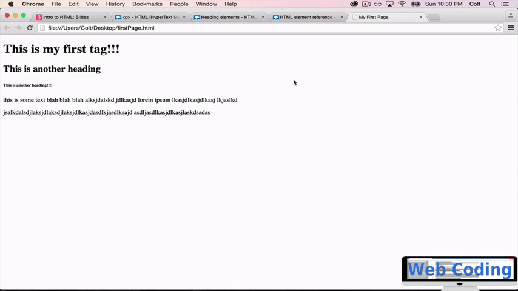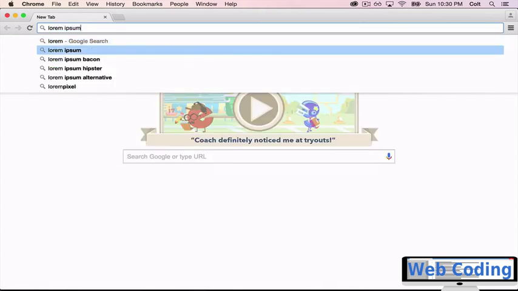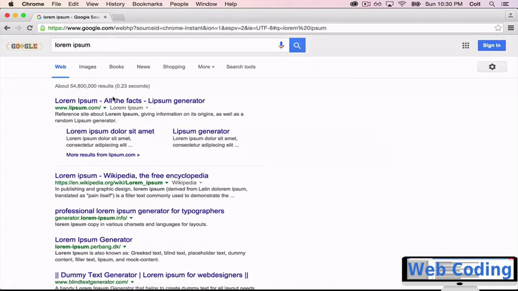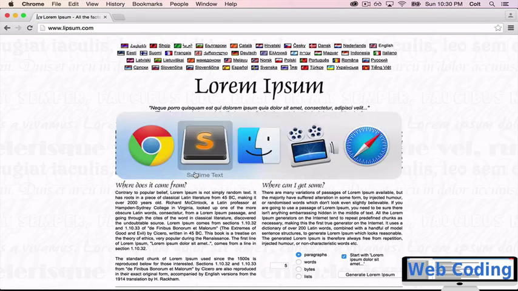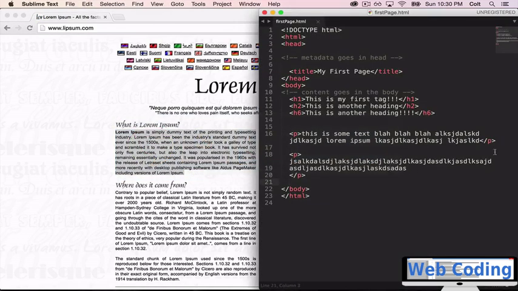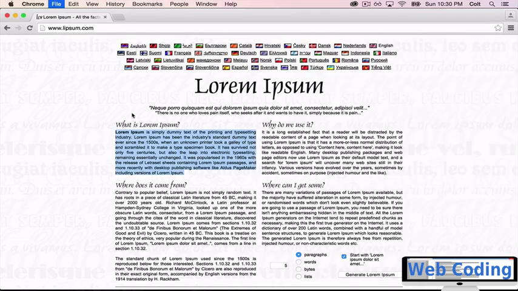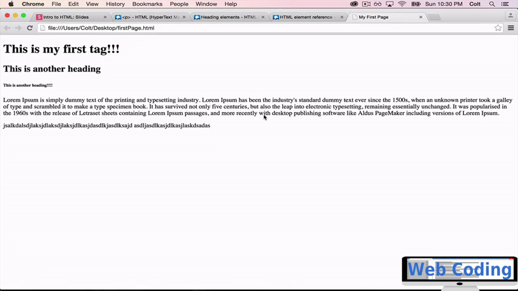So let me go and get some text. Let's just do lorem ipsum, go to a generator, and let's just pull a bunch of text here and copy this over. So you can see when we have something longer like that, it's actually a paragraph. So it's not just one line, but it's a paragraph and it has spacing after it